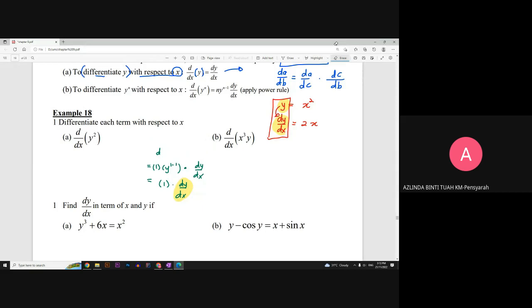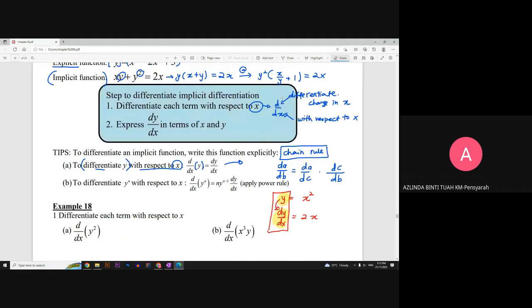So basically dalam part ini adalah kita akan apply power rule. Commonly used adalah power rule. Okay, dalam implicit differentiation, untuk differentiate each term with respect to x, common rule yang kita akan apply adalah power rule, product rule, or sometimes in minor case, kita akan gunakan quotient rule. So when we have to apply power rule, whenever you see the power of x ataupun y power of n,